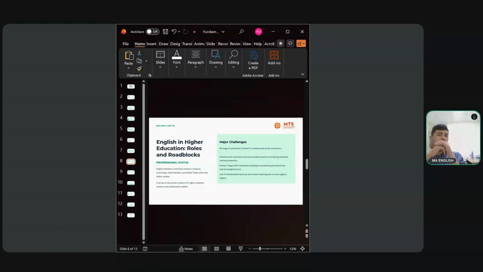So the second challenge is infrastructure. Many colleges and universities in India, especially in rural areas, have overcrowded classrooms. Sometimes 50 or 60 students, or even more, right? Because of that, the third challenge is mother tongue